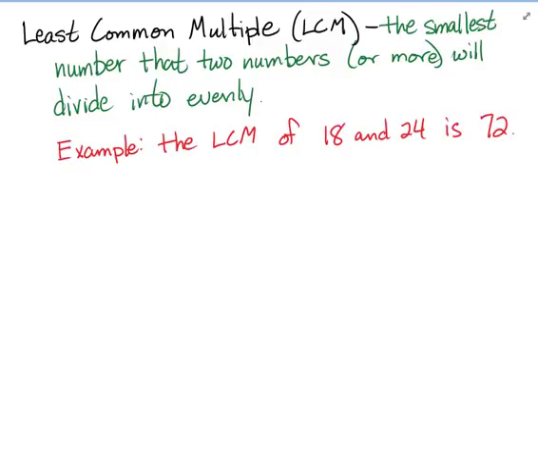The least common multiple is a number that we want to find in a lot of situations. In particular, we use least common multiples when we're working with fractions, and you'll more likely remember them as least common denominators, or LCDs. But the least common multiple of two or more numbers is simply the smallest number that those numbers will divide into evenly. So for instance,